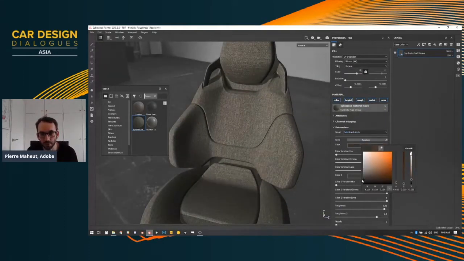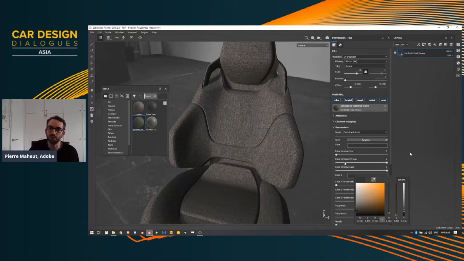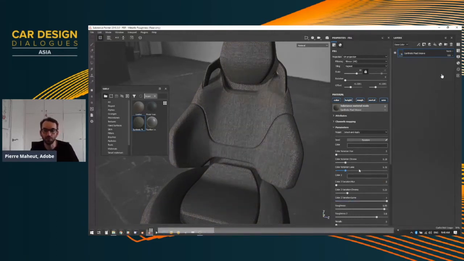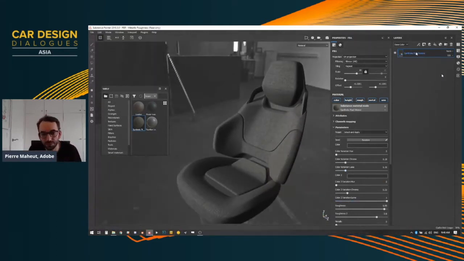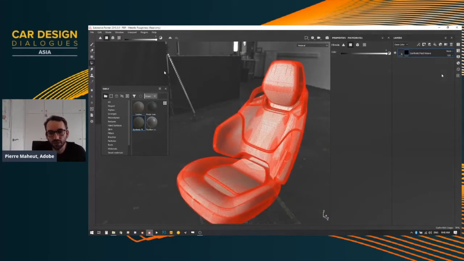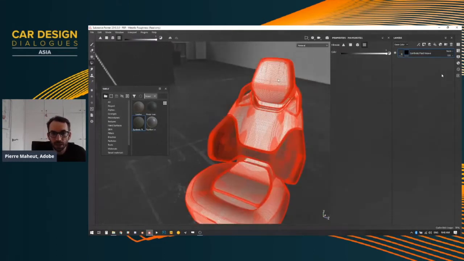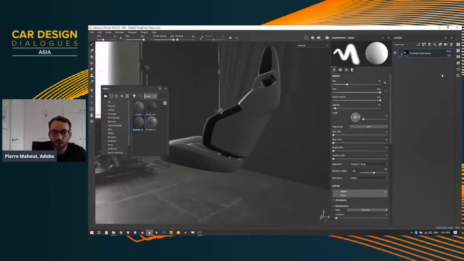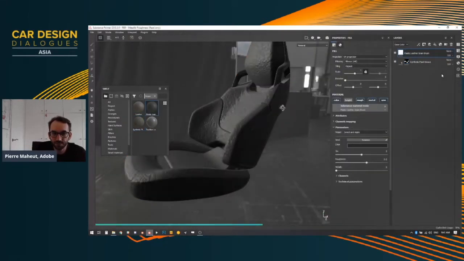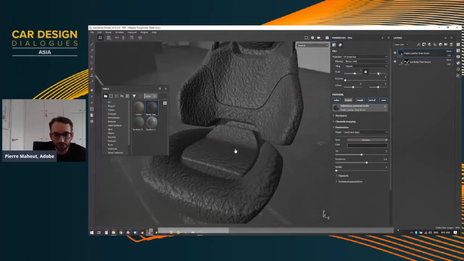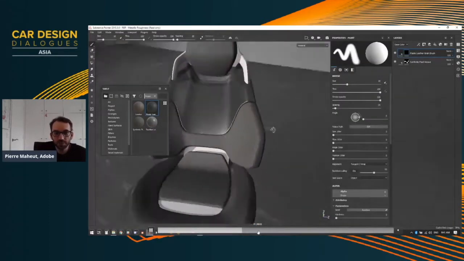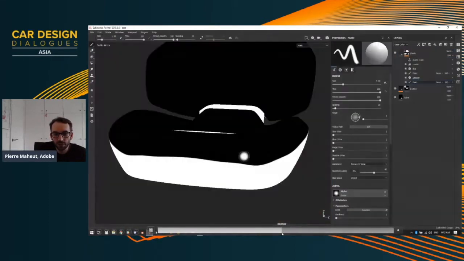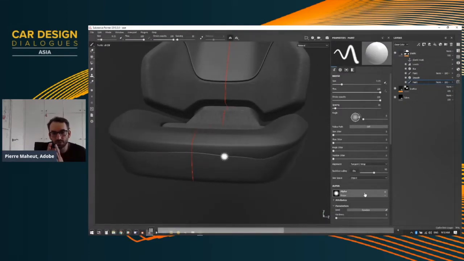You're loading your 3D mesh, and then you have a layer stack on the right to combine your different materials and the different parts of your design, and then select the different islands, the different sub meshes of your 3D model. So you will see it all in action with Ronan. I won't deep dive more into this. I just wanted to highlight some interesting workflows.